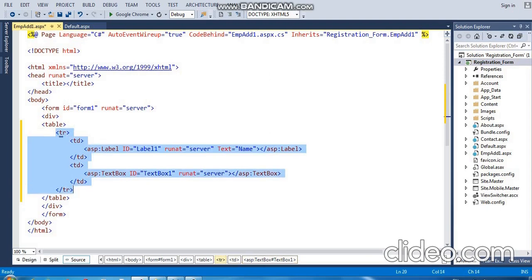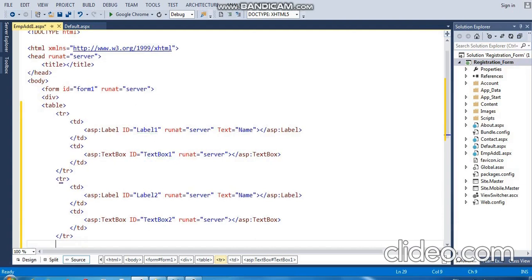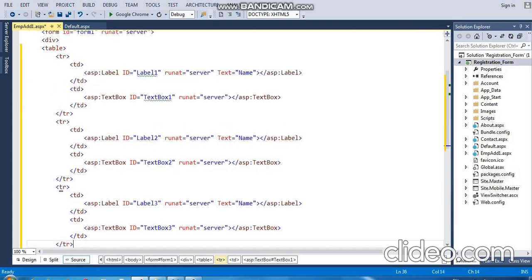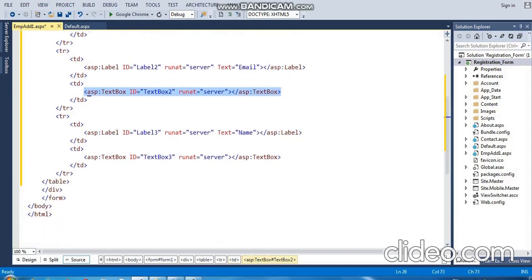For the next 2 rows, I will copy and paste this. This is the second row of my email. Modify text as email. This text box is of my email field.